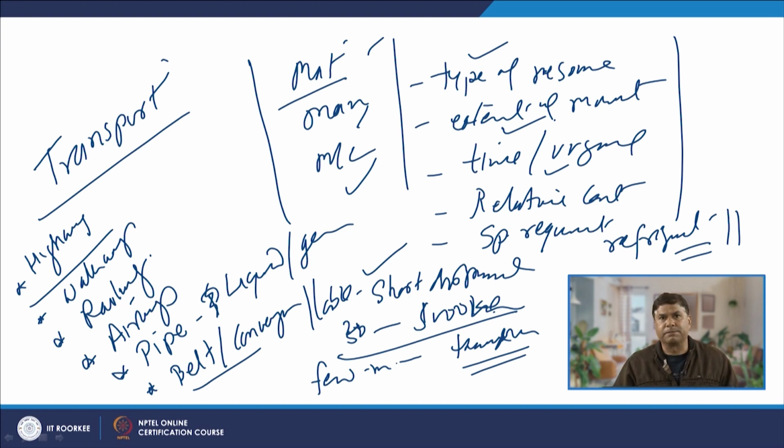Now, I will summarize this presentation. In this presentation, I have talked about the conditions under which it is required to locate a new plant, the scope of plant location, and the factors that we should consider for locating a plant, whether the plant location problem is to be seen at the general territory level or the specific site location level.